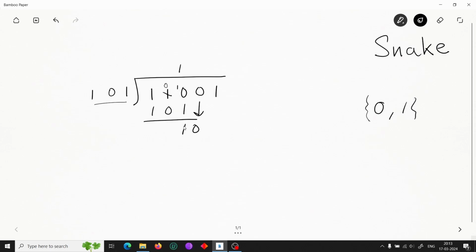Now this is still less than the divisor, so we take a 0 on top and we bring down the 1 here. And what do you know, it's the same number. So let's multiply the divisor, 101, and thus it leaves behind no remainder. And this is how binary division is done. You see, that's all it is. You just have to worry about two scenarios, multiplying with 0 and multiplying with 1. That is why binary multiplication and division itself is easy,